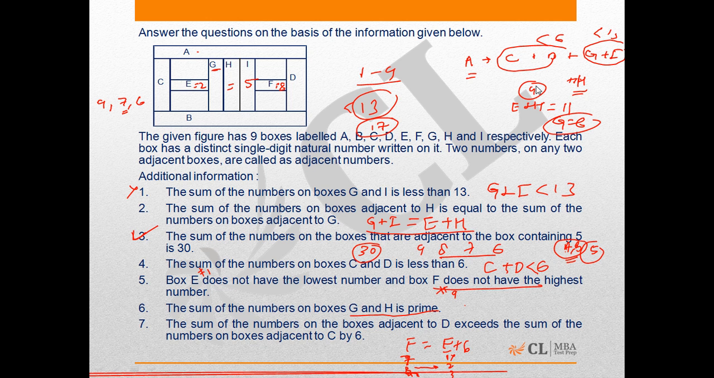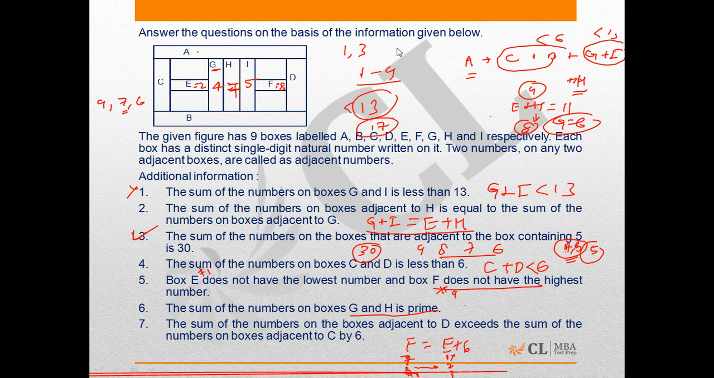Similarly, on checking, we find that H cannot be 8 as well. The only value that H can take is 7. In that scenario, G will be 4. Now we are left with number